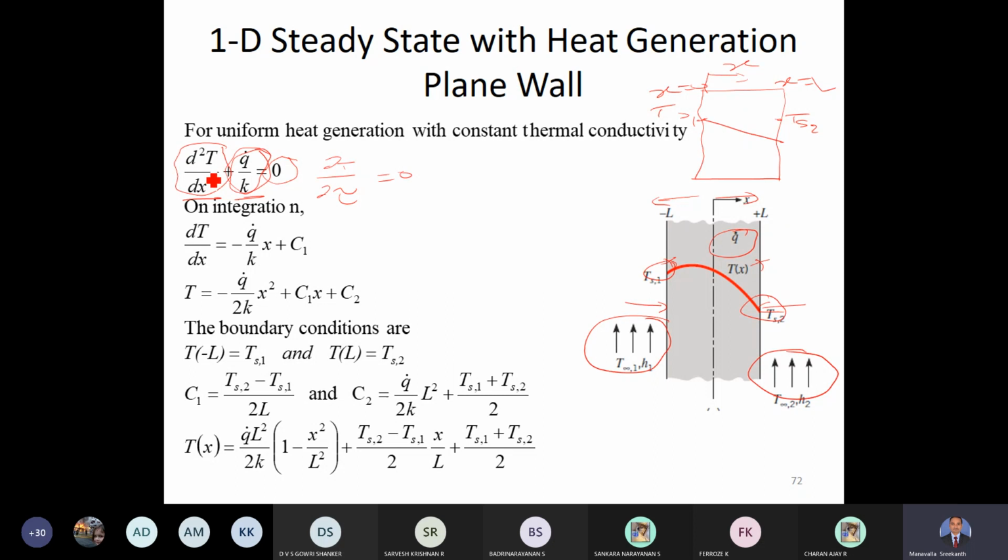What remains is dT/dx is equal to, now this q dot by k will go to the right hand side. This will be minus q dot by k x plus a constant of integration c1. Then further integrating this dT/dx, now we can actually separate the variables, keep dT on the left side, dx on the right side. Then on performing this integration,